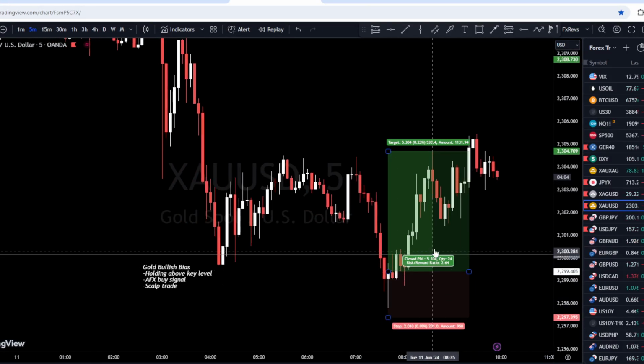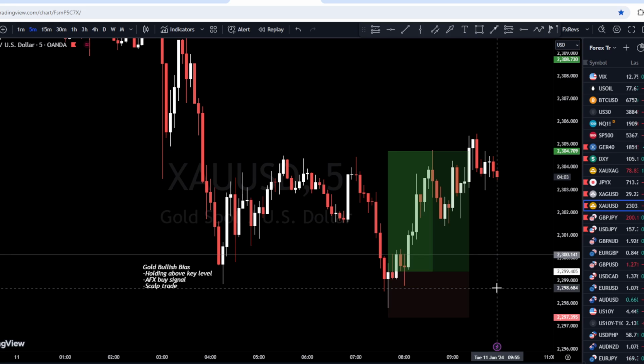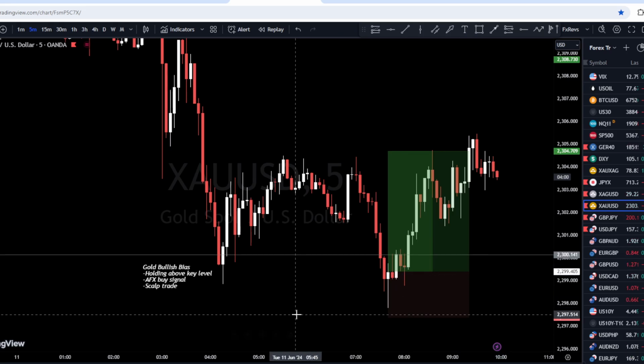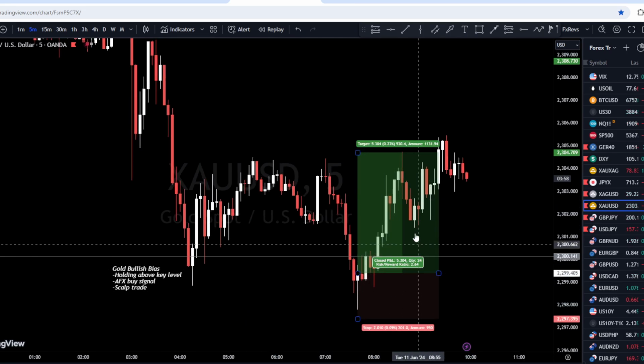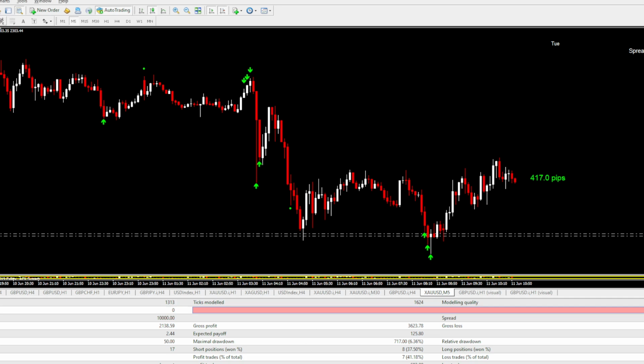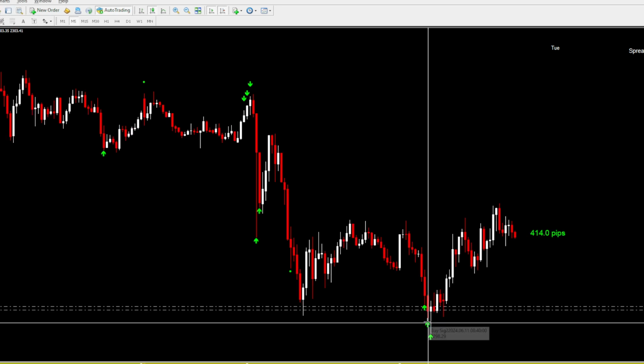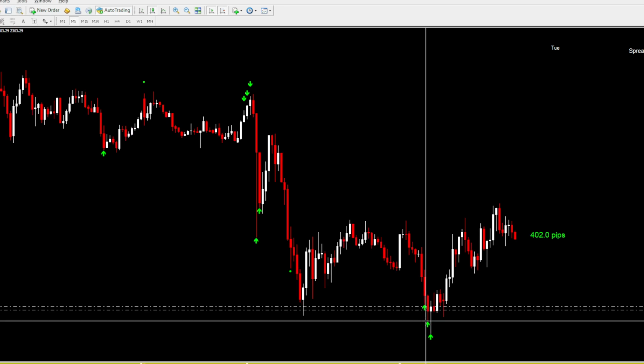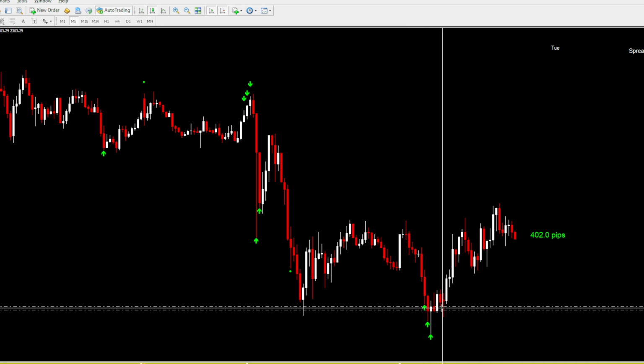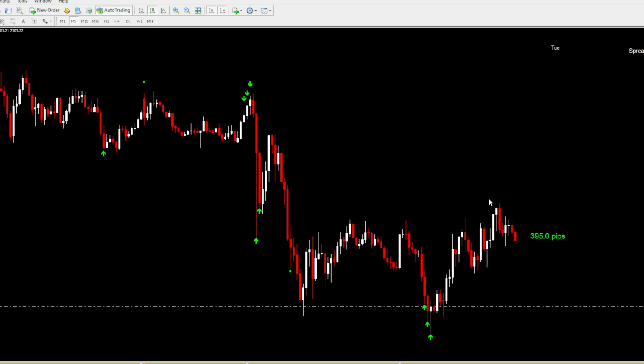Okay, I will show you how to use my FX system and auto trading. In the real-time market, we have a buy position on gold. On the FX system, we have a buy position because of this arrow signal. Arrow up means buy. We enter a trade here and we secure partial profit here.